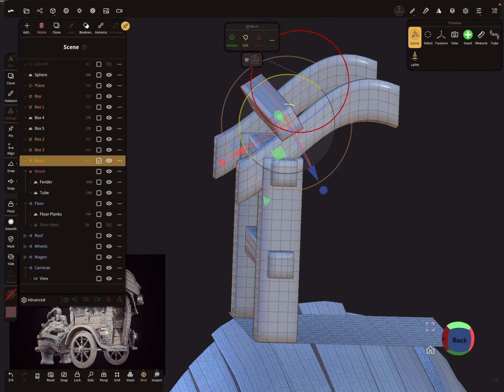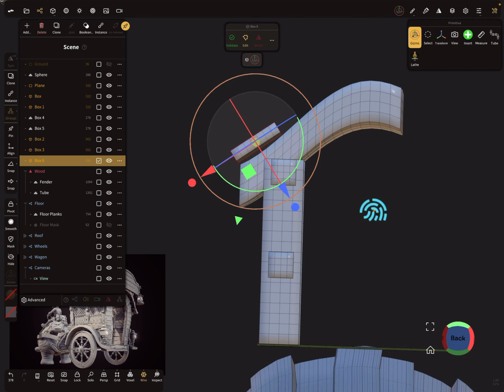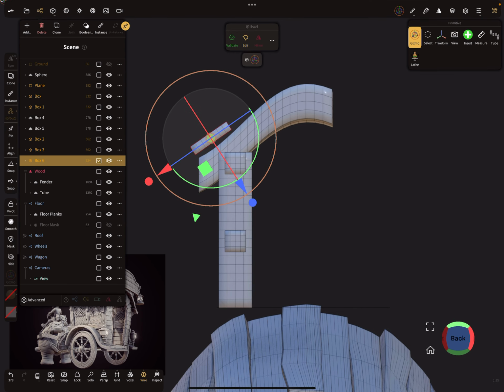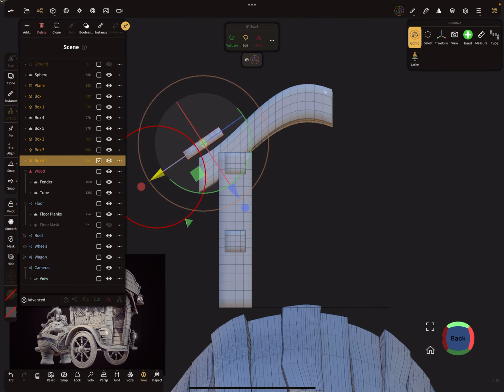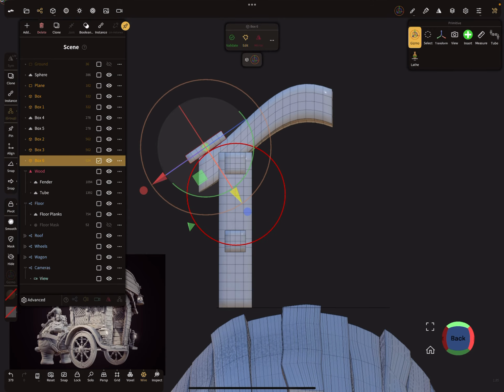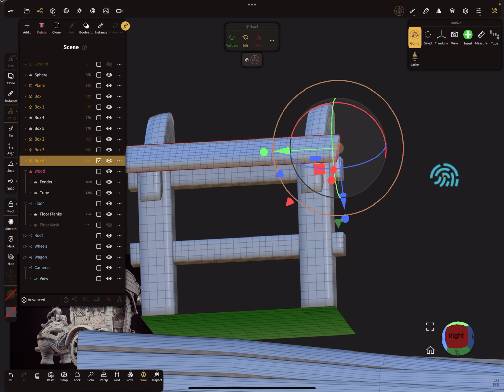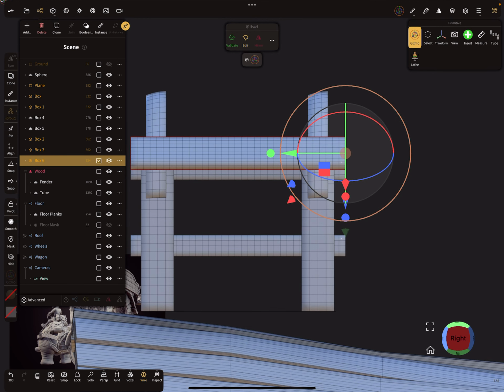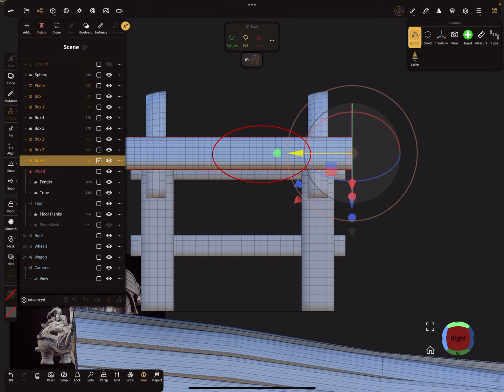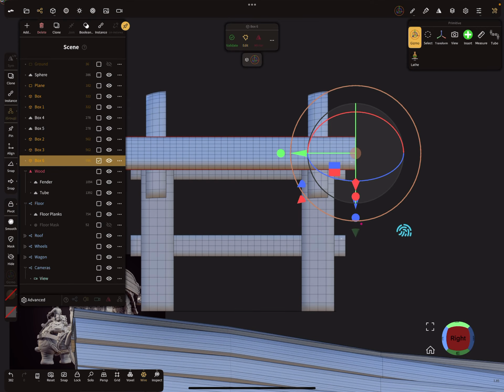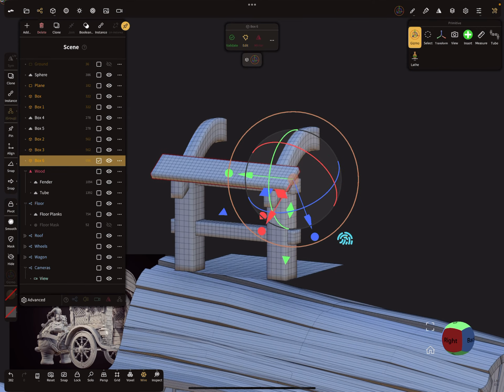So I rotate it, scale it. A little bit longer.